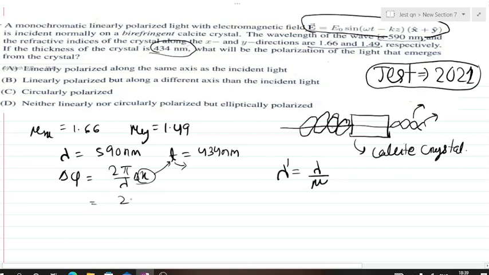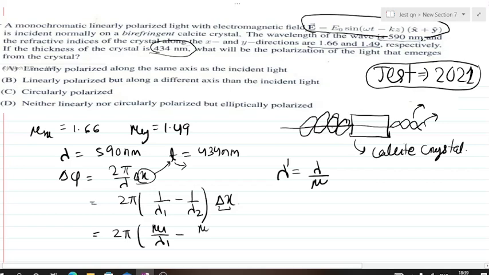So 2 pi times 1 by lambda 1 minus 1 by lambda 2, as two waves are coming, into the thickness T. That is 2 pi, mu 1 by lambda 1 minus mu 2 by lambda 2, but here lambda 1 is equal to lambda 2, the incoming wavelength is the same,